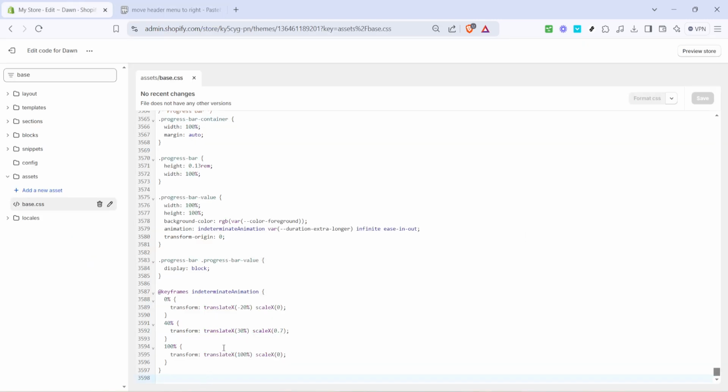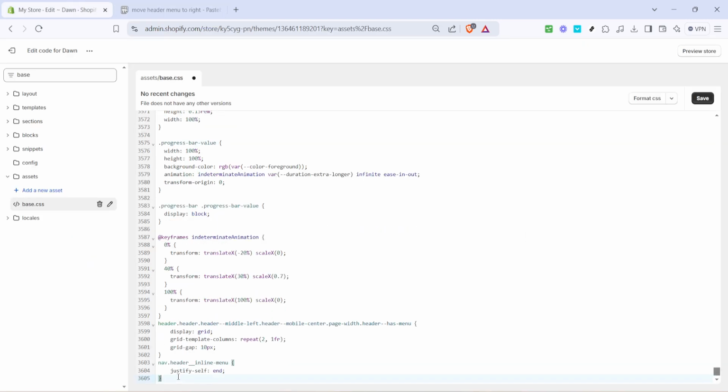Go back to your Shopify code editor tab and at that empty line in your base.css file, paste the code you just copied. Once you've done that, make sure everything looks correct and neat. After making these amendments, save your work by clicking the Save button in the top right corner of the editor. When your changes are successfully saved, you're safe to exit the code editor by clicking on Exit, which should take you back to the main theme customization page.